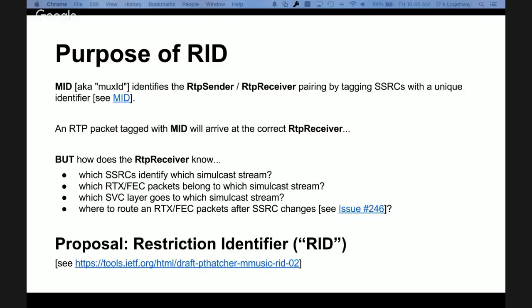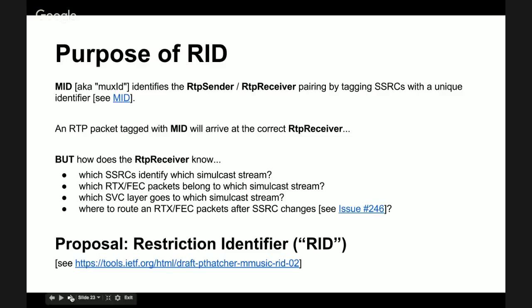What, the restriction identifier? No, I changed it on the slides, but it doesn't show up here. It's not a restriction identifier. It's an RTP stream identifier, specifically a source RTP stream identifier. If you look in the taxonomy draft, which just became an RFC, the thing that says source RTP stream is the thing we're identifying. However, they didn't define the phrase source RTP stream for dependent streams, only for encoded streams. So in the SVC case, the taxonomy draft has a flaw. Anyway, it's the RTP stream that's not a redundancy.